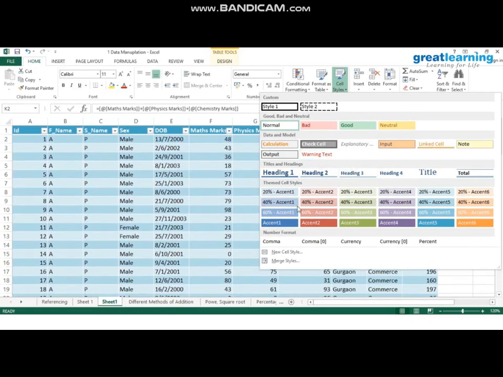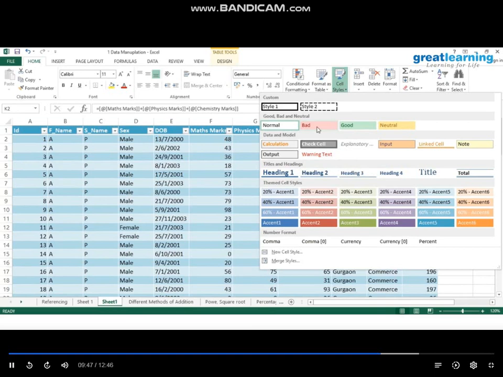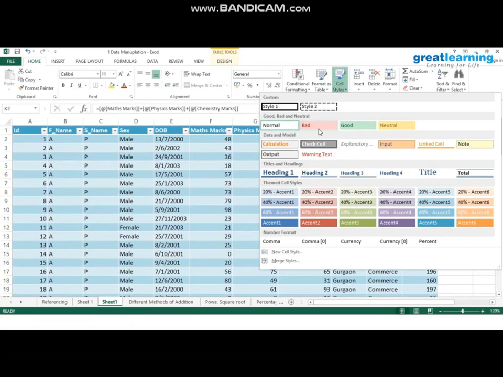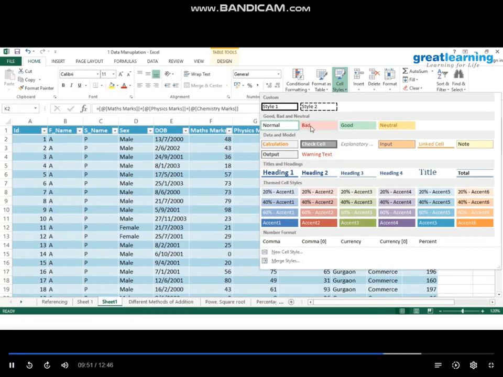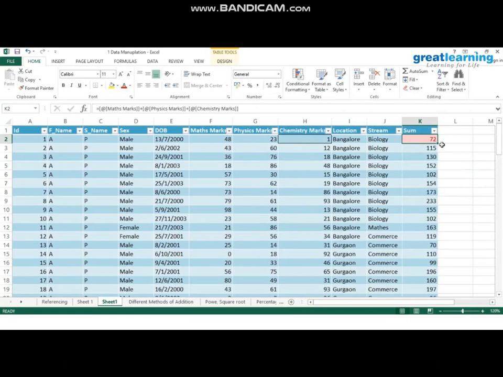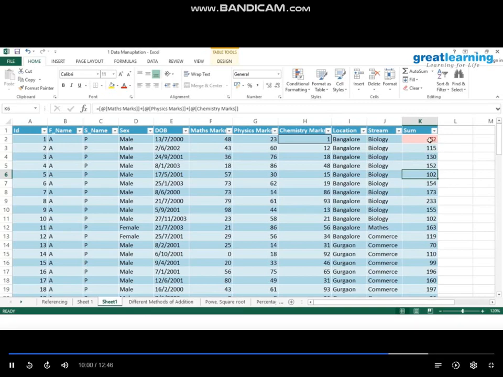within Excel. So say for example, if I want to highlight it with this red background as well as the marks in red, I'll just hit this and this would get converted into a dark red font and a light red